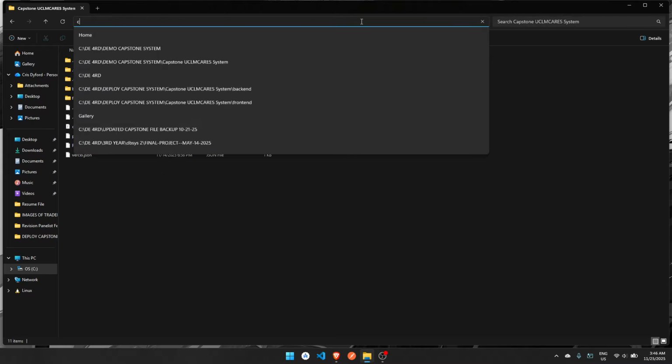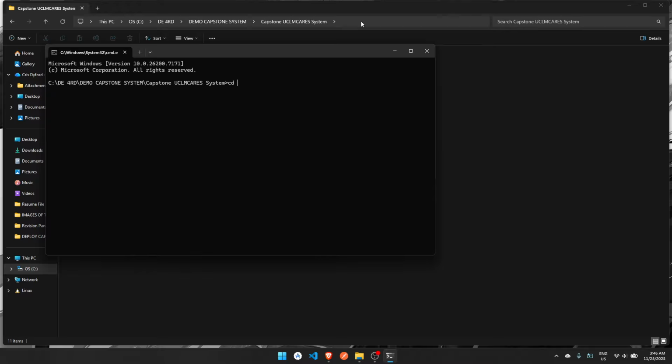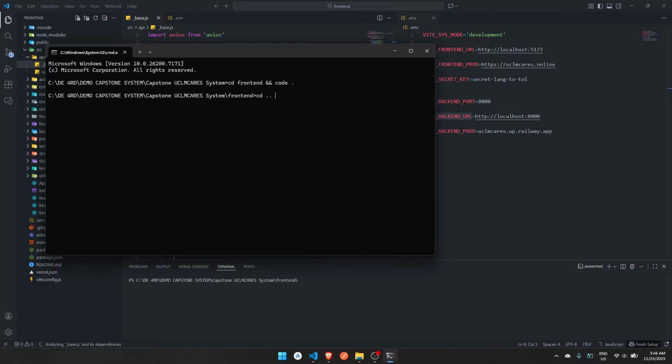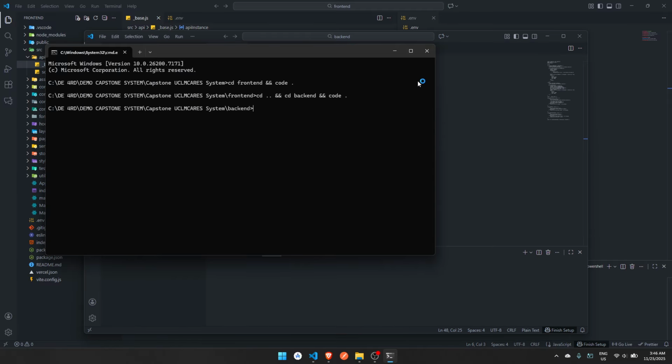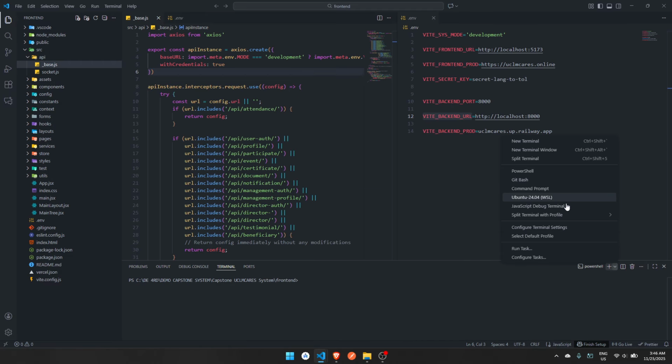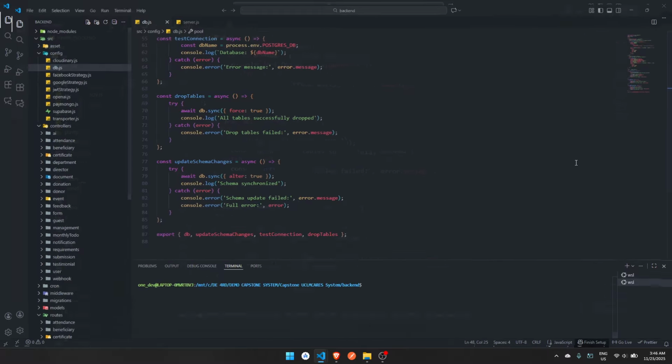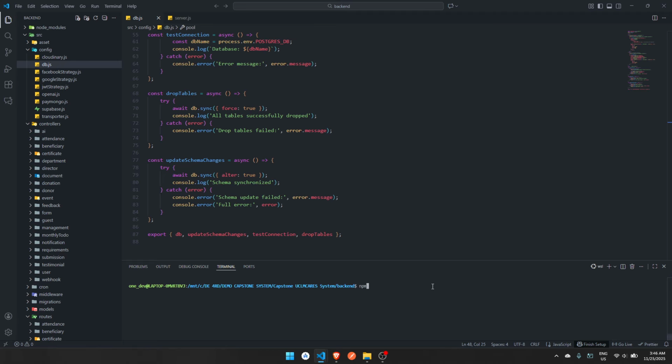Then the front end. Let's run our server for our front end, then also our back end.